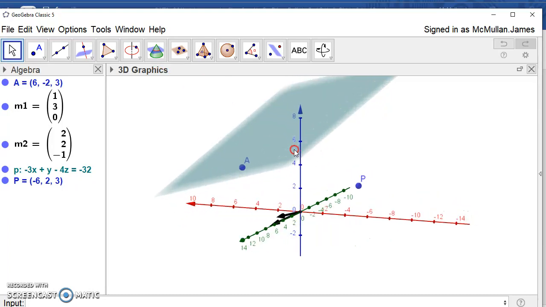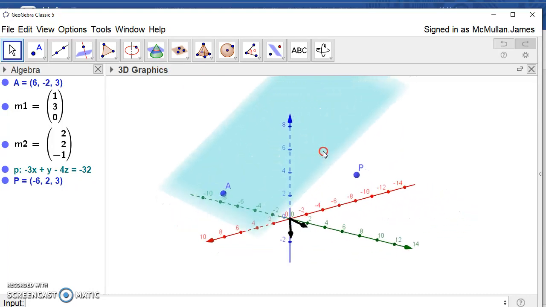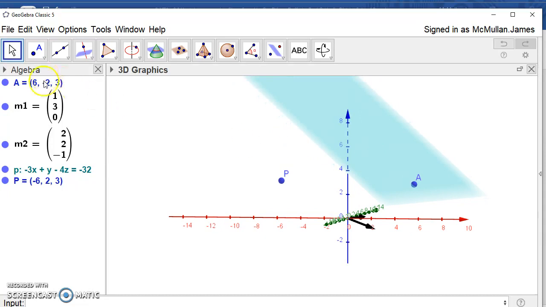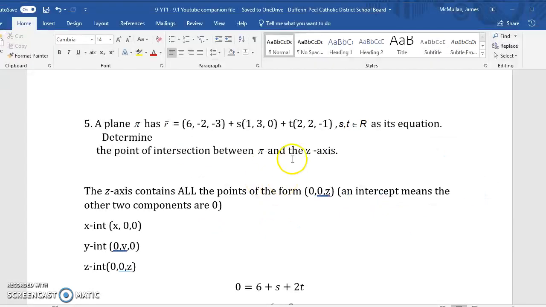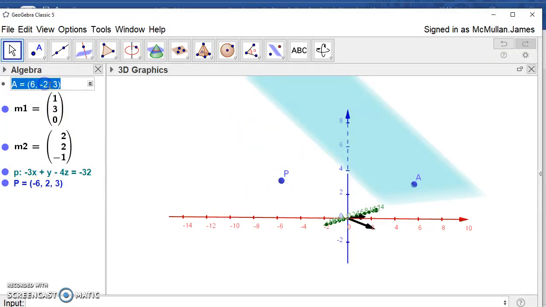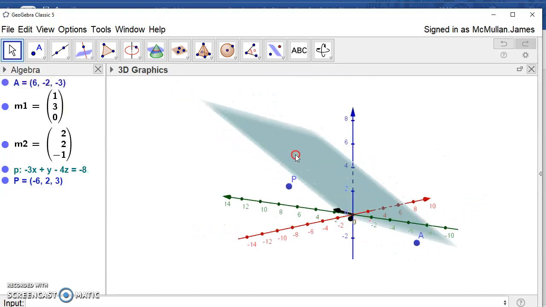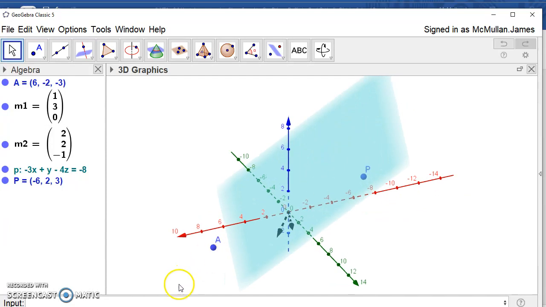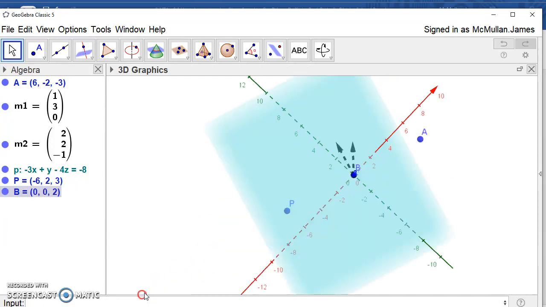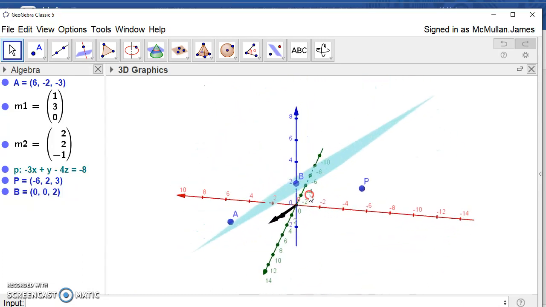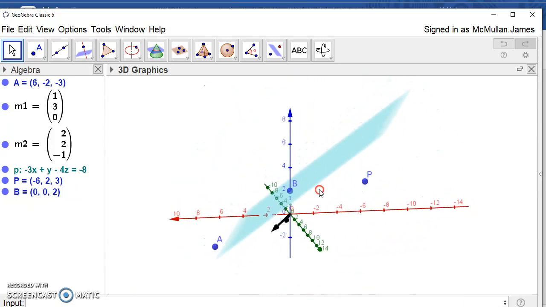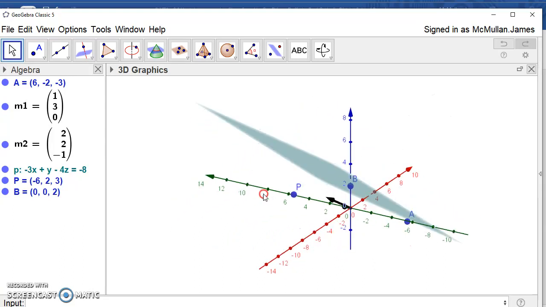Okay, and I'm looking for where this contacts the z-axis. 6, negative 2. Sorry, not positive 3, negative 3. There's a mistake there. And you can see if I draw that point on the z-axis at 0, 0, 2, that point is the z-intercept of my plane. Okay,